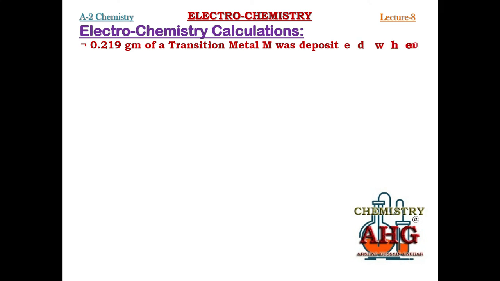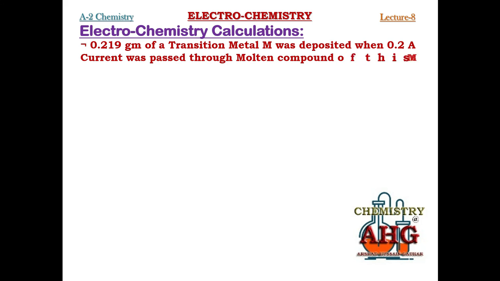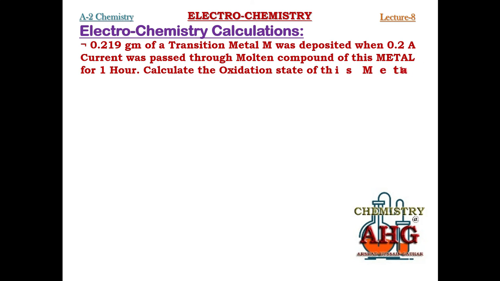Okay, now this is a question related to a transition metal. You have been asked to calculate the oxidation state of the transition metal in this compound. Remember, you have not been given the exact identity of this transition metal, but from the periodic table, since AR is given, you can come to know which transition metal this is. But you cannot guess the oxidation state, the charge, because transition metals have variable oxidation state, variable valency, so you must go for the working.